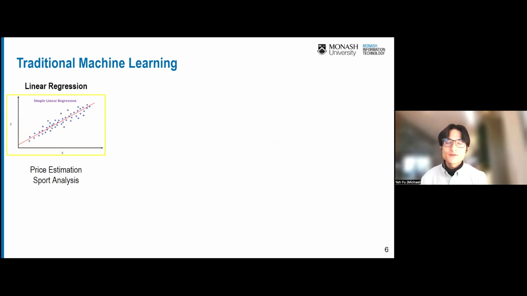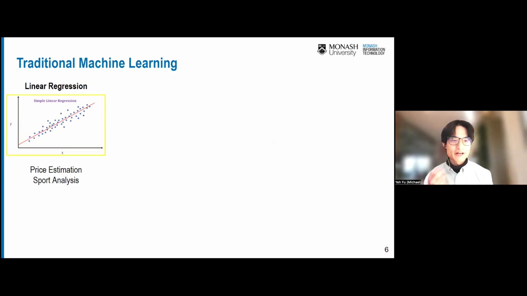All right, so let me talk about machine learning. We have a few basic machine learning algorithms. The first one would be linear regression. I won't talk too much about the technical details of the mathematics behind it. I just want to introduce an overview image of what traditional machine learning looks like. In this figure, we have blue dots, right? The blue scatter plot.